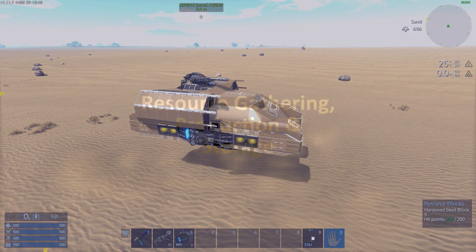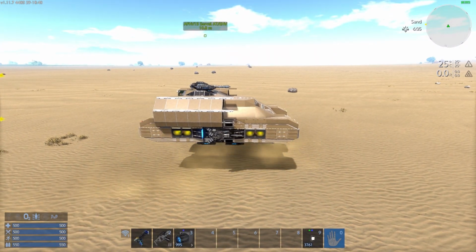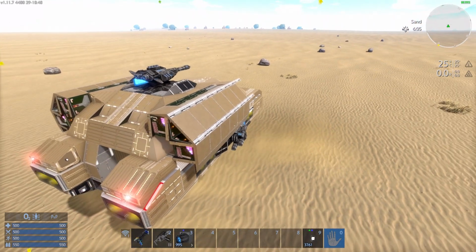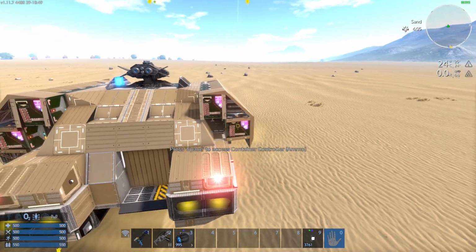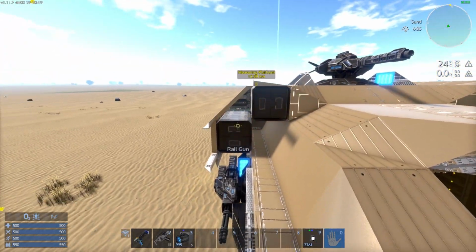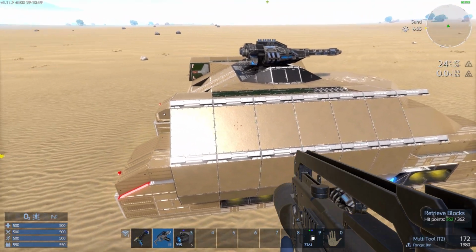So the next segment then is its resource gathering, production and storage. Now, like most of the AFHVs, this is going to be a quick segment. Resource gathering, it has none. Production, it has none. Storage, it has 6 500 SU ammo containers, 4 of which you can already see. Now, they are on the outside of the vehicle, so they're a little bit exposed, although they are part of the railgun arrangements, so at least they do have some armor. It's not the best it could be, but